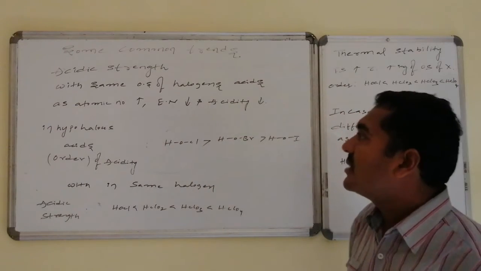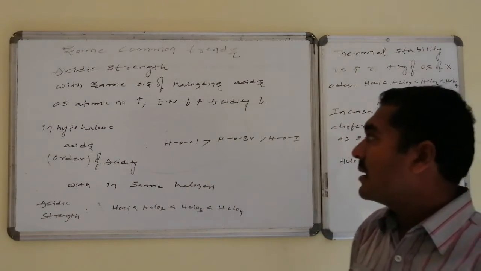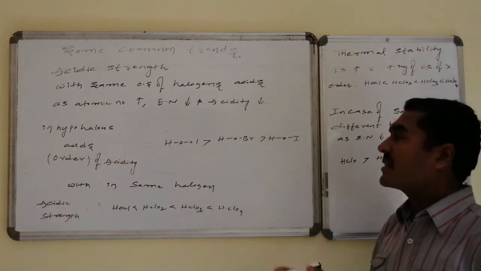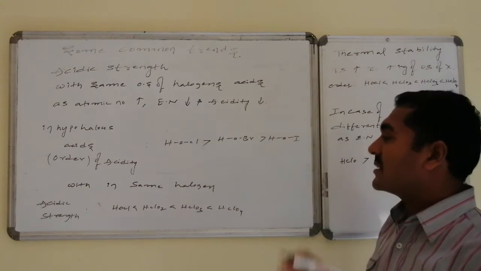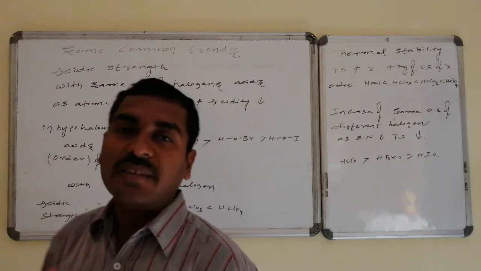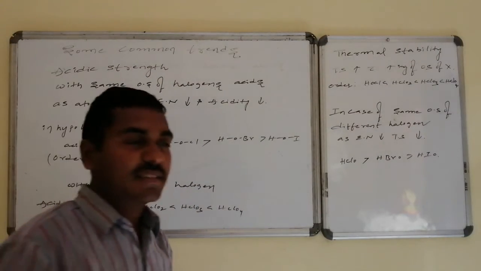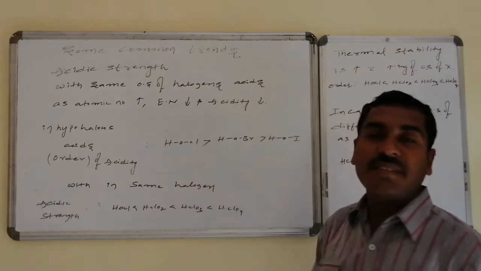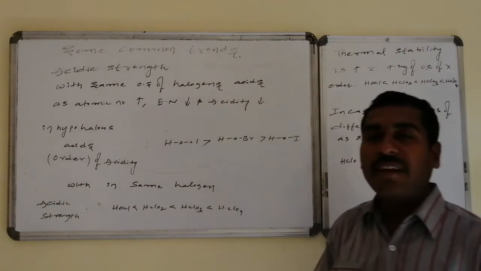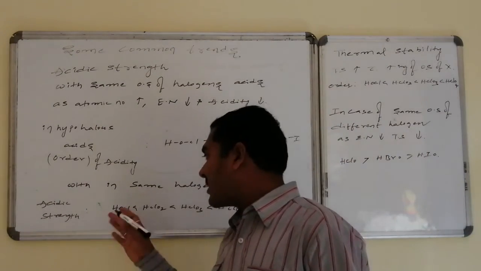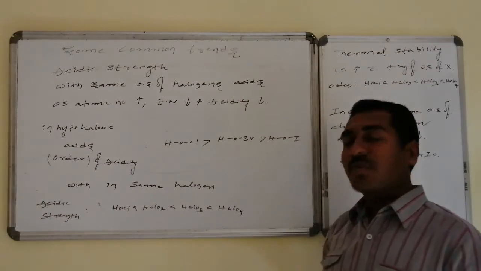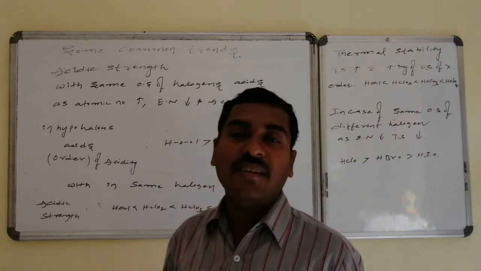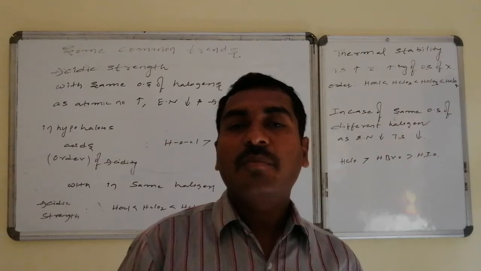Thus what we can claim is, with the same oxidation number of halogen acids, as the atomic number increases, electronegativity decreases, as a result stability decreases for the corresponding ion, hence the acidity also decreases. With the same halogen with different oxidation states, once again stability is the deciding factor. Chlorine with +1, +3, +5, +7 are there. The higher the oxidation state, the more the stability of the corresponding anion, hence higher will be the acidity. Hence compared to hypochlorous acid, HClO2 chlorous acid, HClO3 chloric acid and HClO4 perchloric acid are found to be more acidic, and the most acidic among the chlorines is perchloric acid.